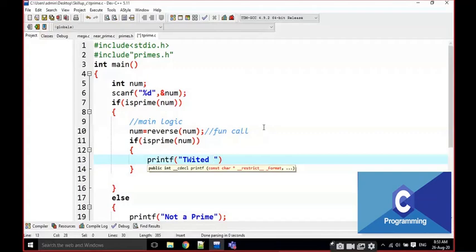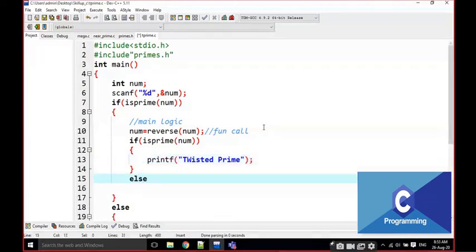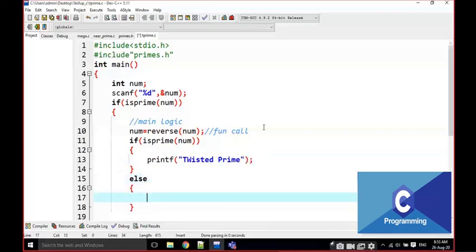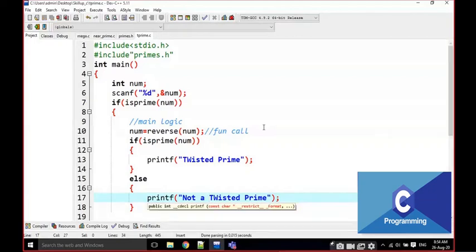Twisted prime. Else, not a twisted prime. Not a twisted prime. That's it.